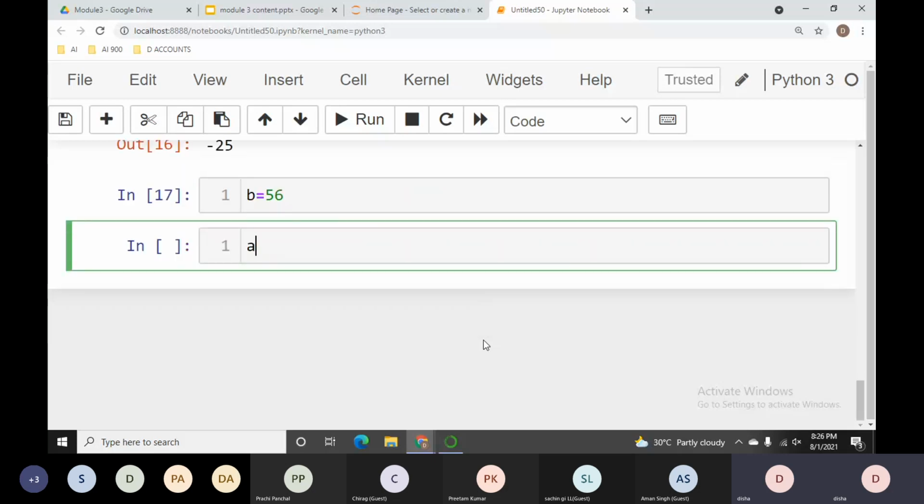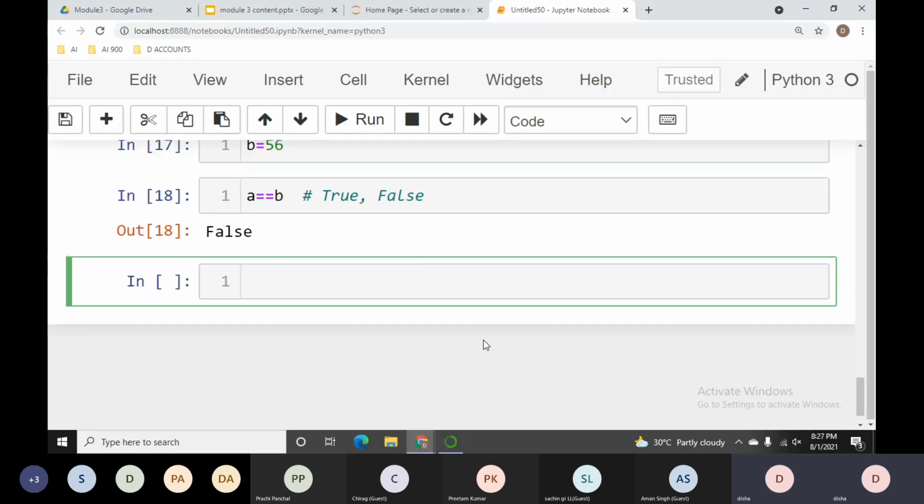Now I want to check whether A is equal to B. When I'm checking conditions, I'm comparing the values or operands using these comparison operators, and we get the result as true or false, meaning Boolean results. A was minus 25 and B is 56, so they are not equal.